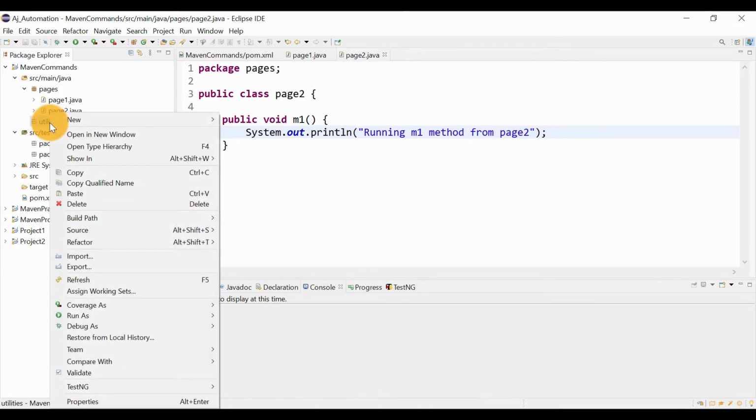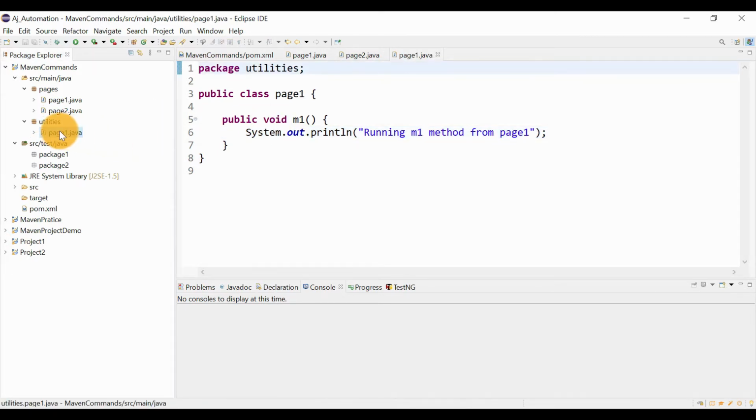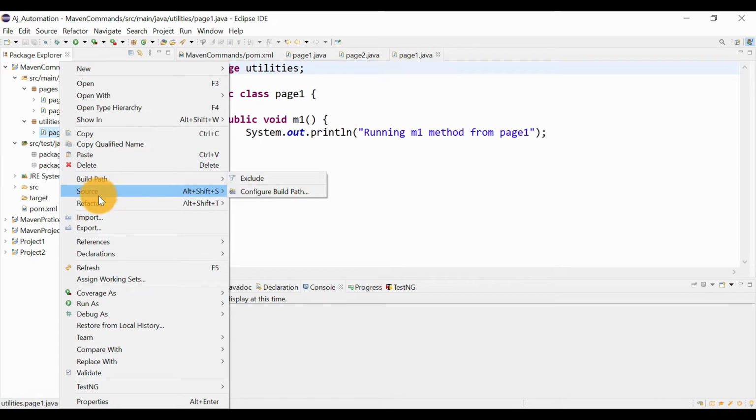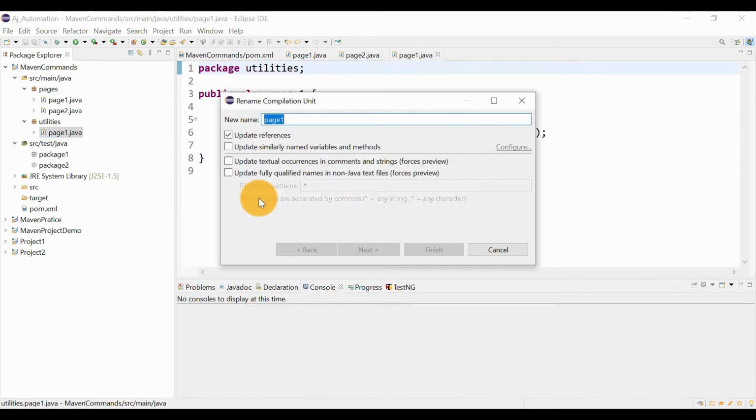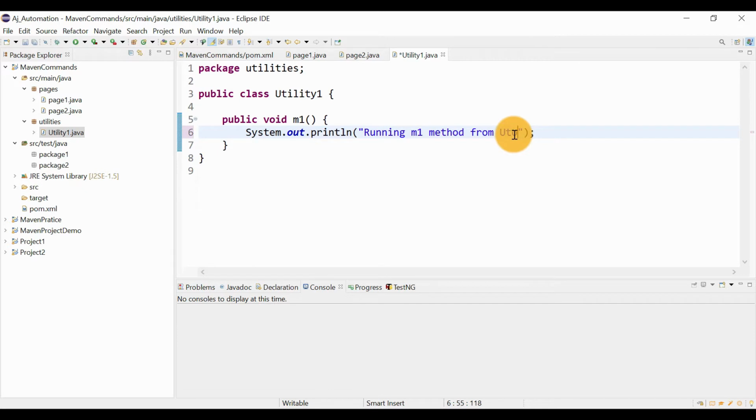Then under utility, we'll name the class utility1, running m1 method from utility1.